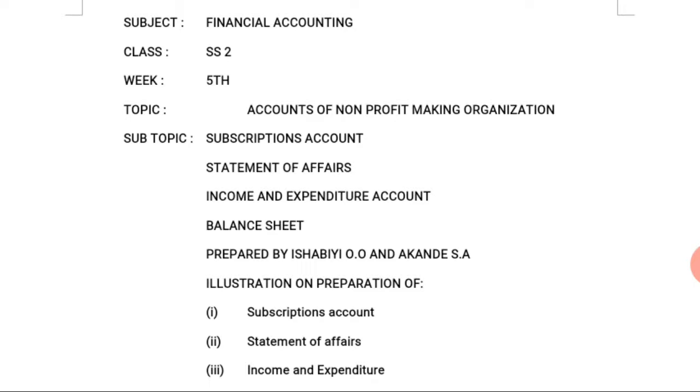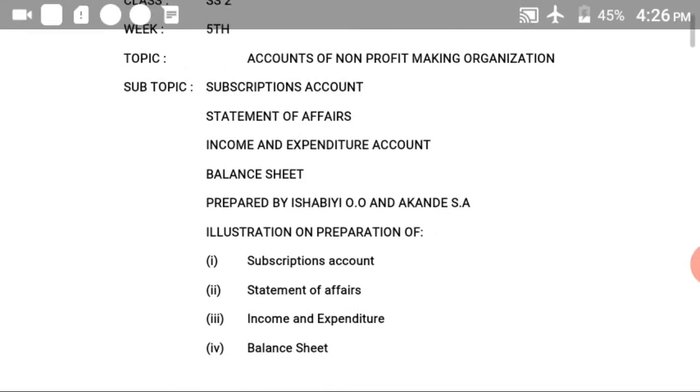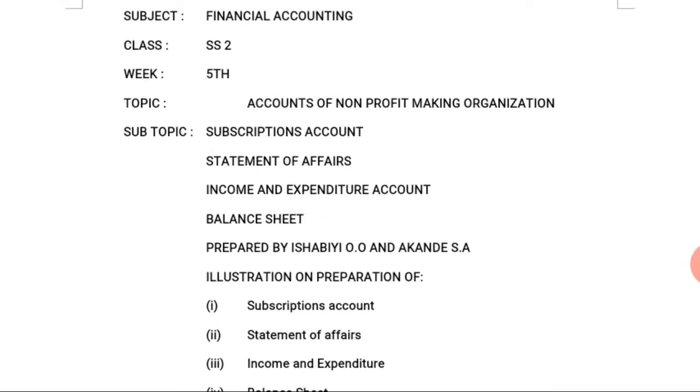Having discussed how to prepare the receipt and payment account, and having looked at the contents of an income and expenditure account, then today we need to discuss the preparation of